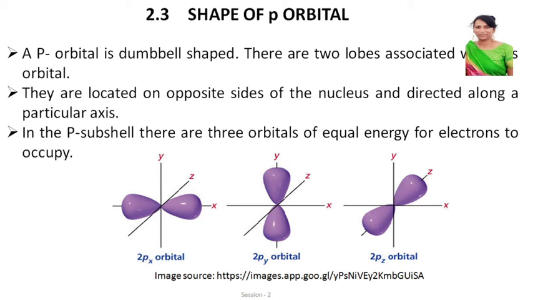So, p orbital is double dumbbell shape. This is the nucleus and the lobes are oppositely arranged to each other. You have 3 such p orbitals and the probability of finding electron is around this. It's okay, you can find it anywhere here or anywhere here, not along the node. This is the node where two lobes meet. There you will not find the electron.